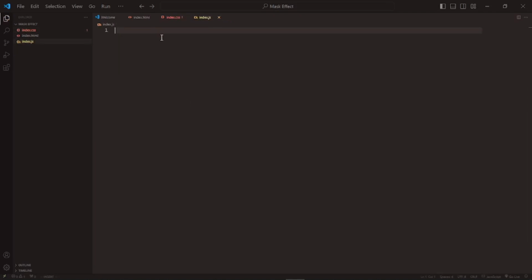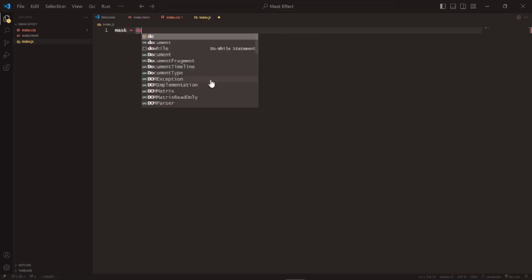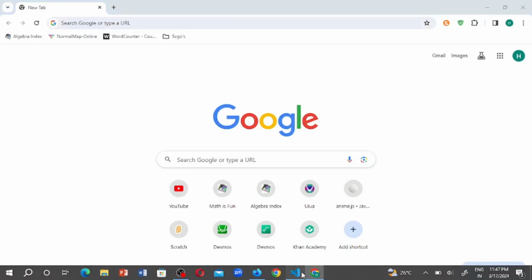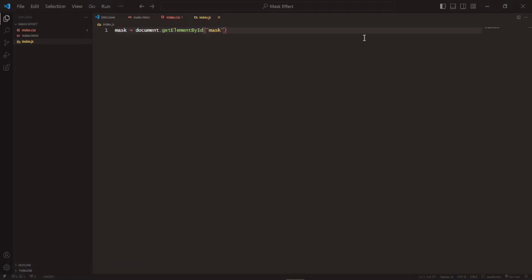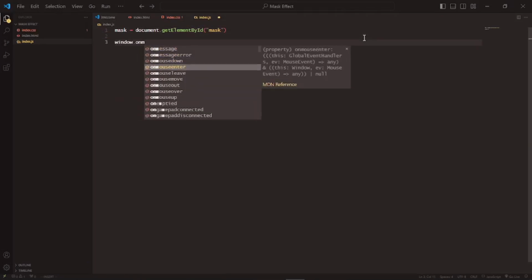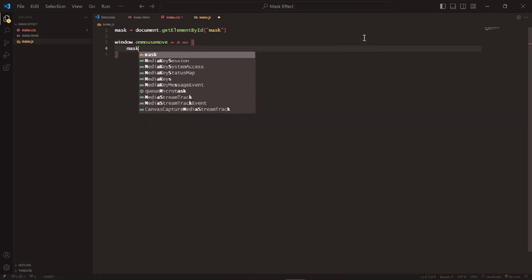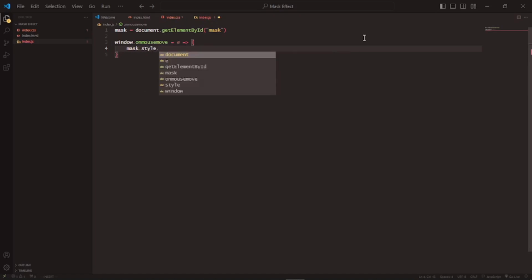And in the index.js, I am going to write mask equals document.getElementById mask. So anyways, once I do that, I can write window.onmousemove to e, and write mask.style.maskImage